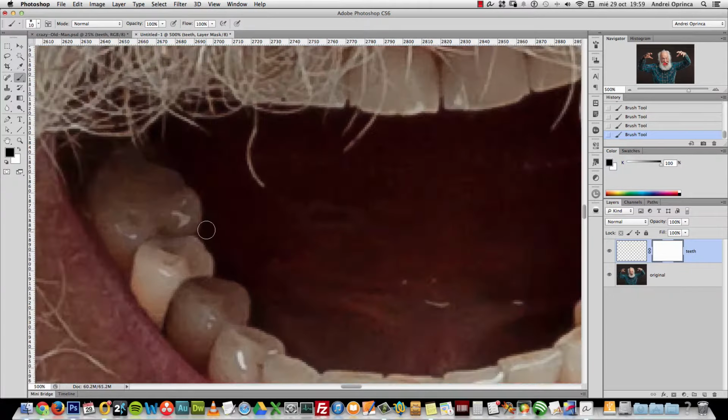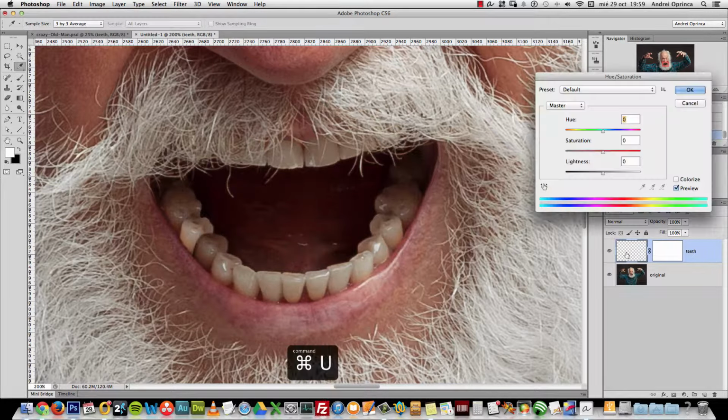Okay, and another thing we need to do now is adjust the brightness a bit. This one is a bit too dark and these ones are too bright. So what I will do is, with this layer, I will work destructively now. Let's try with the hue saturation. Press Control Command U, but first select the layer, not the layer mask, and just decrease the lightness a bit,